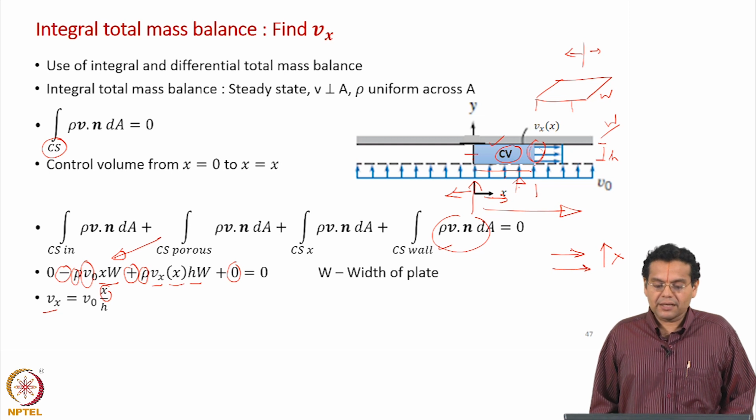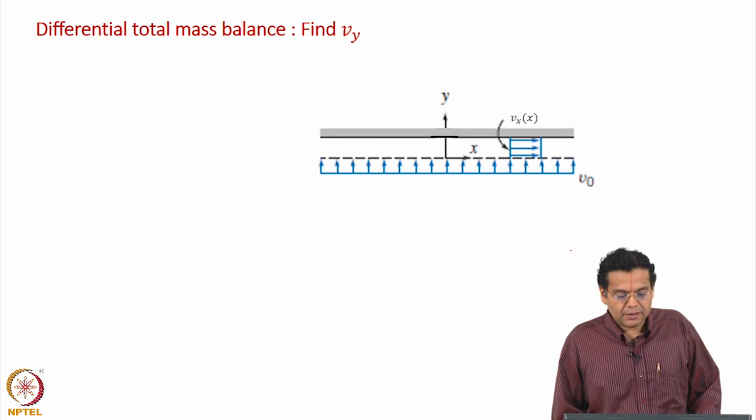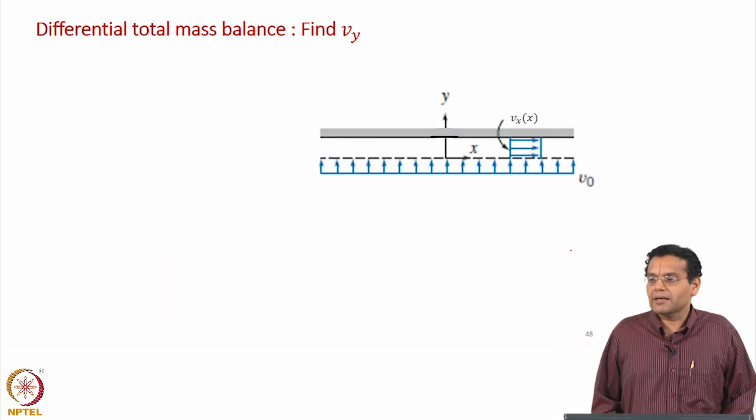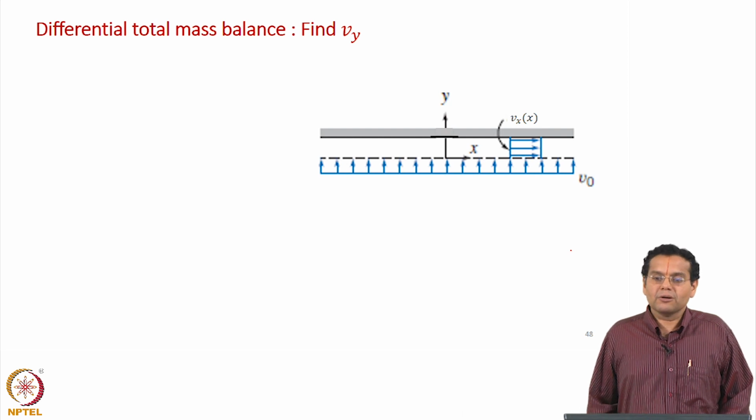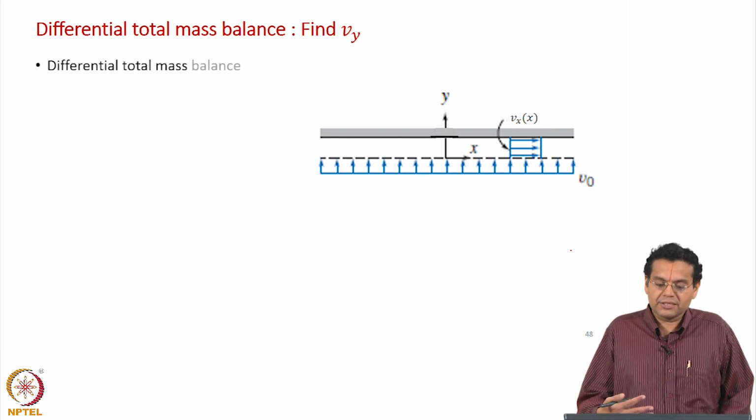So, we use the integral total mass balance equation under certain conditions like this and find the x component of velocity, which is the same as given in the question. So, we have verified. Now, this part is the same as what I had done earlier. We know one velocity component, use the continuity equation and then find the other velocity component. So, this is not something new to this example,